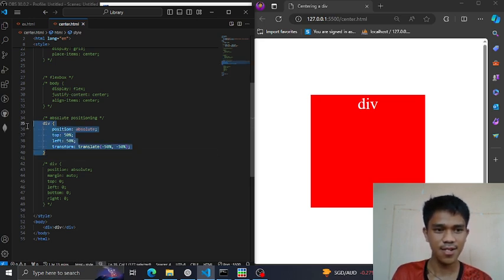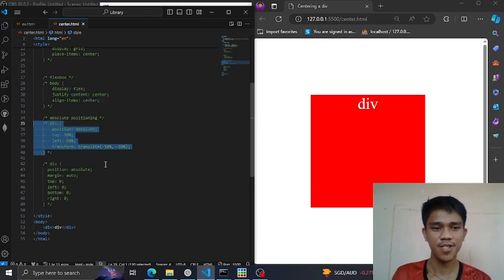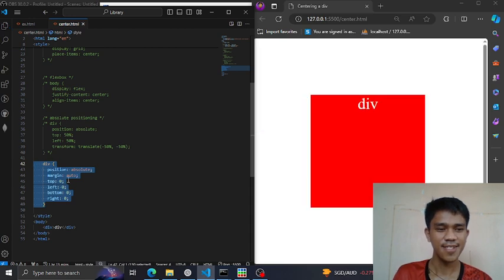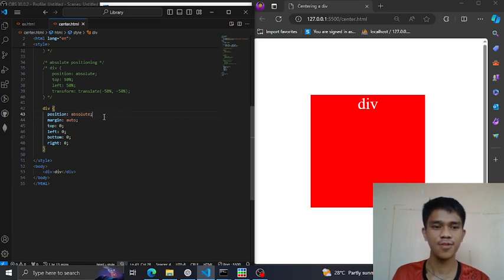and now let's move on to the second absolute positioning, which I really love to do, and I can explain this better than the first absolute one. This is what I'm using in CSS battles. So right here, set the position to absolute, meaning it would set the position regardless of the element beside it,